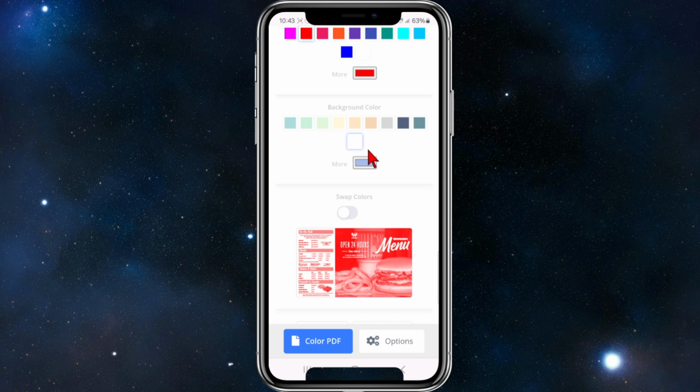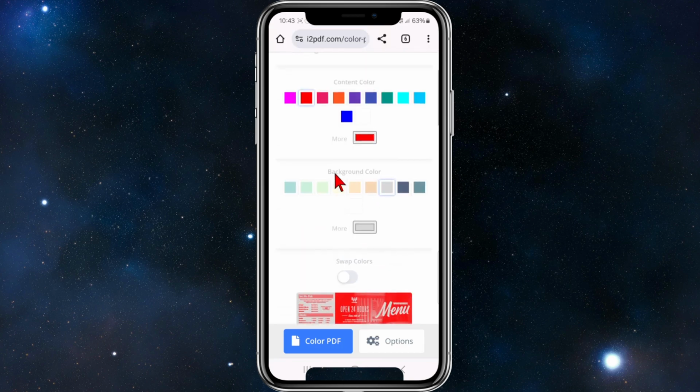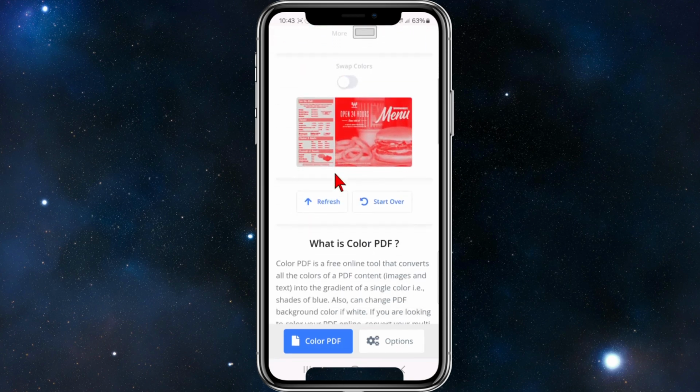And the background color, it's currently at white, but we can change this to this color if we want, or this color. Yeah, so you can have a play around with the different colors. And once you've done that,